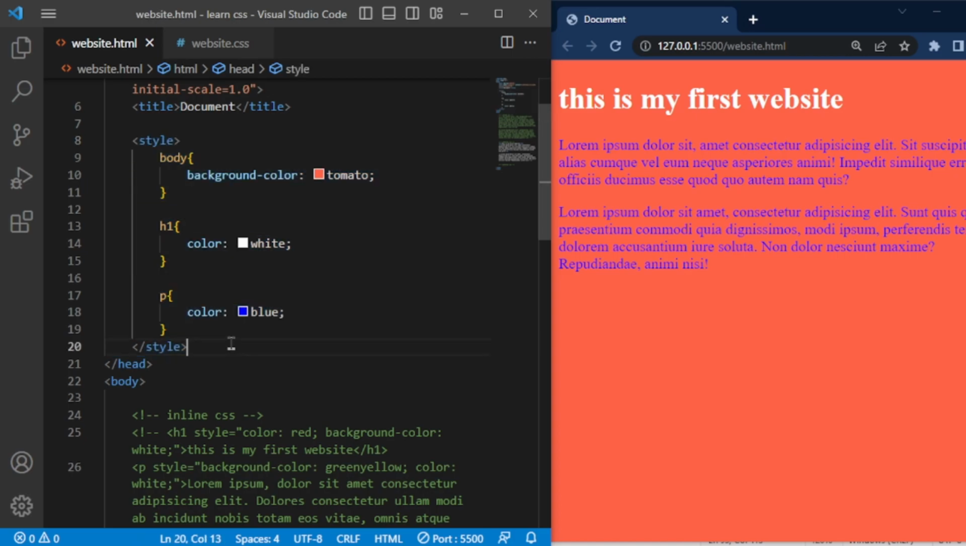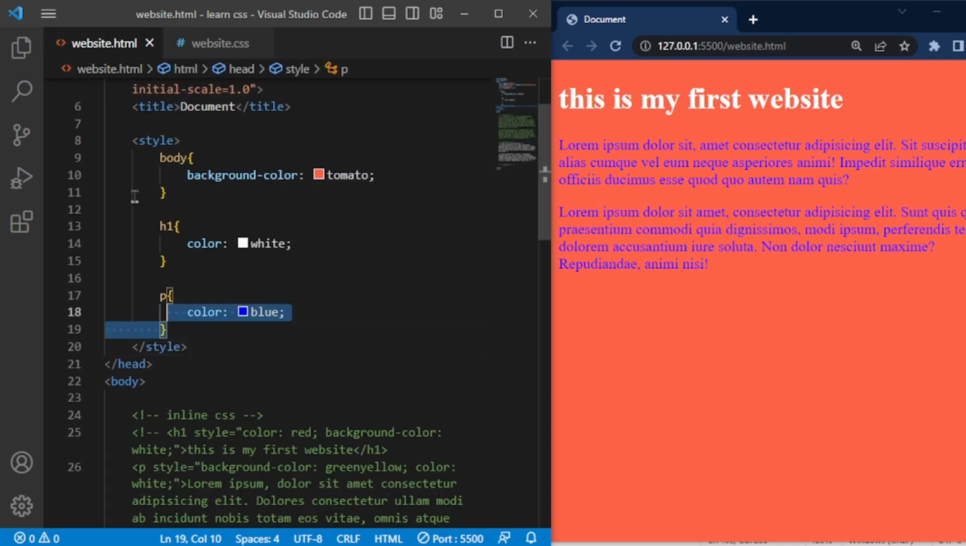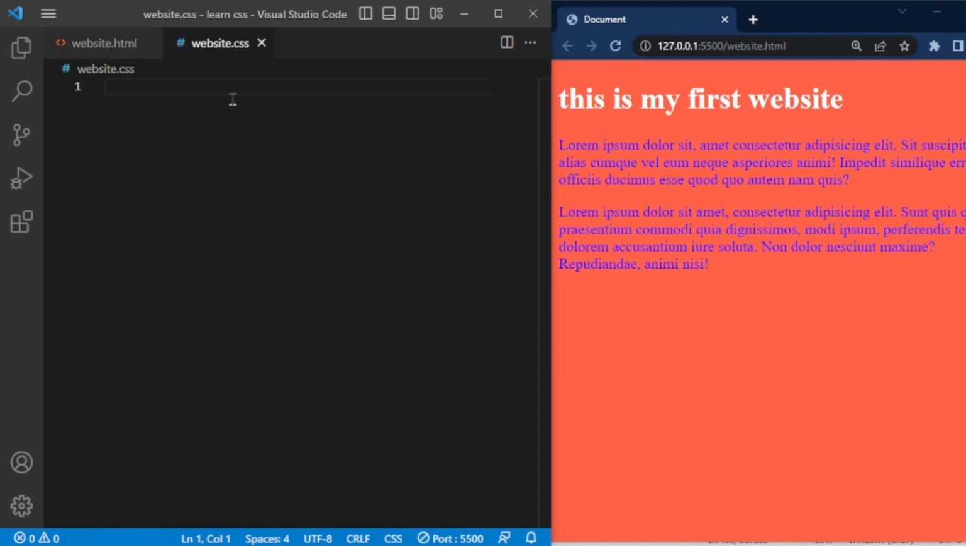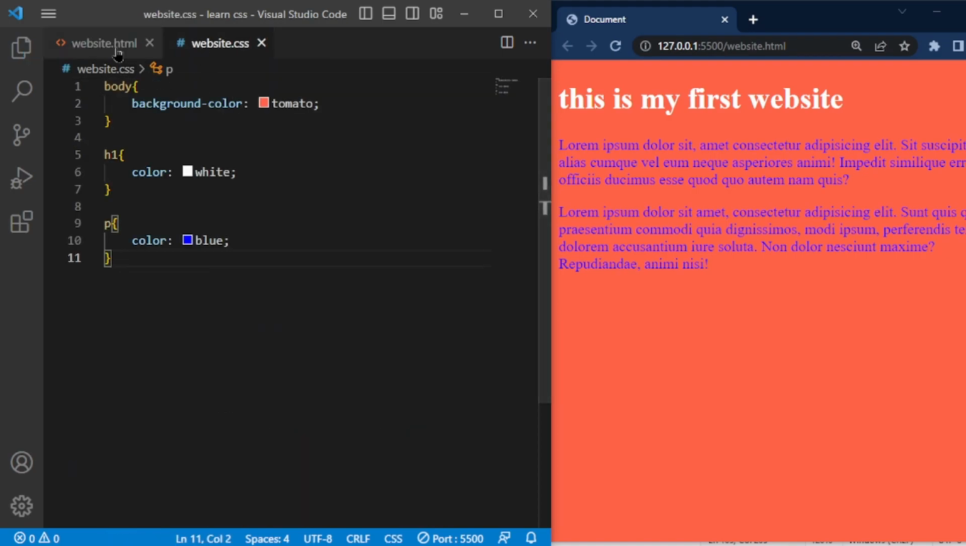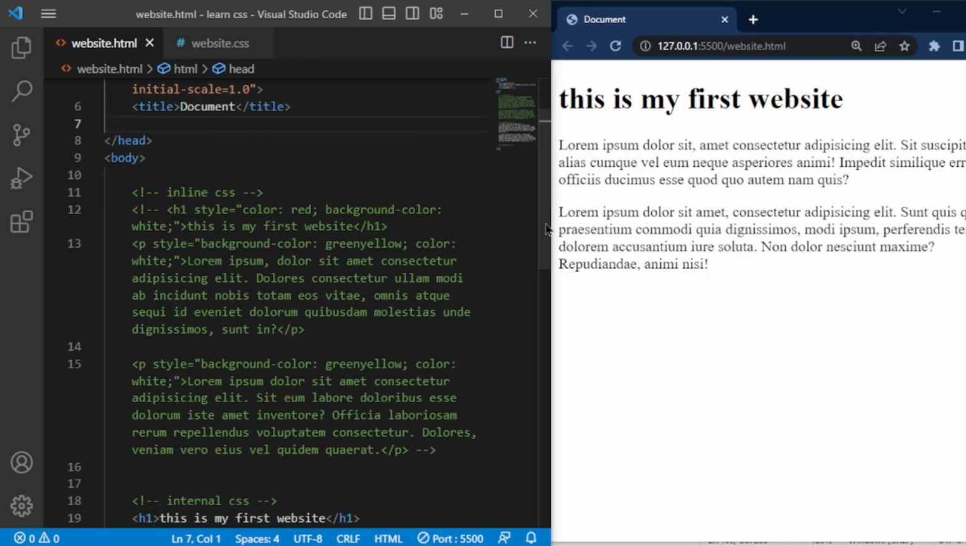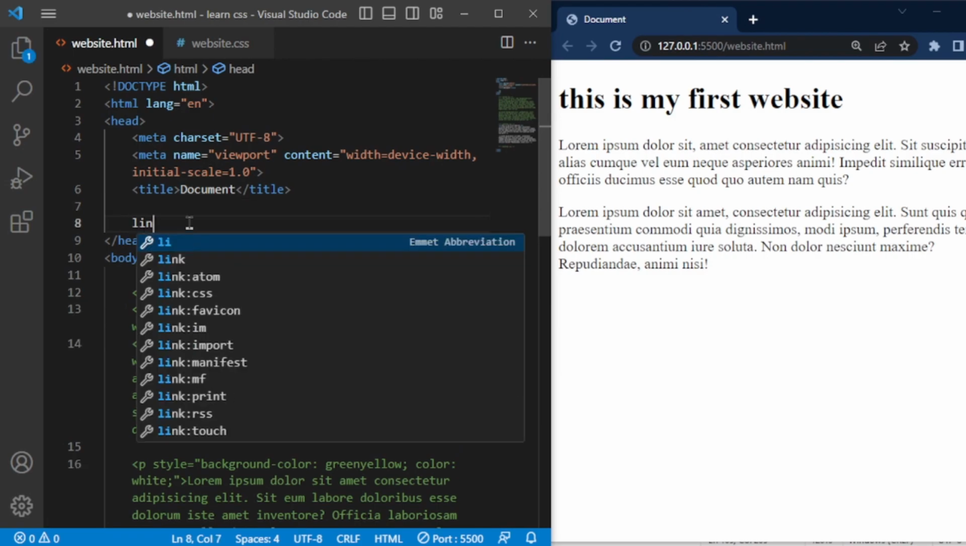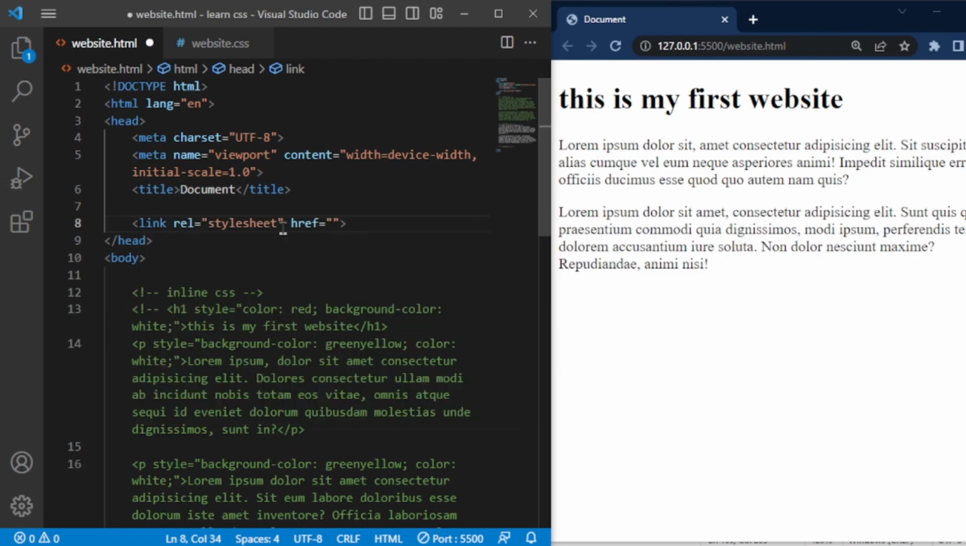The last and most recommended method of applying CSS is by using an external style sheet. To do this, we have already created a separate CSS file with the name website.css. Next, we copy all the CSS rules from our internal style sheet and paste them into the website.css file. We can now remove the style tags from our HTML file. To link our HTML file with the CSS file, we need to add a link element within the head section. The rel attribute is set to stylesheet,